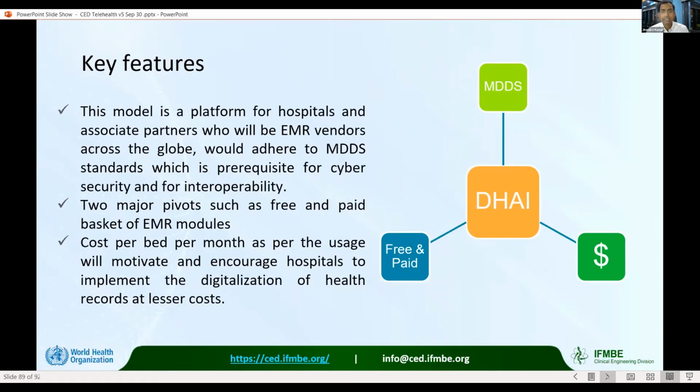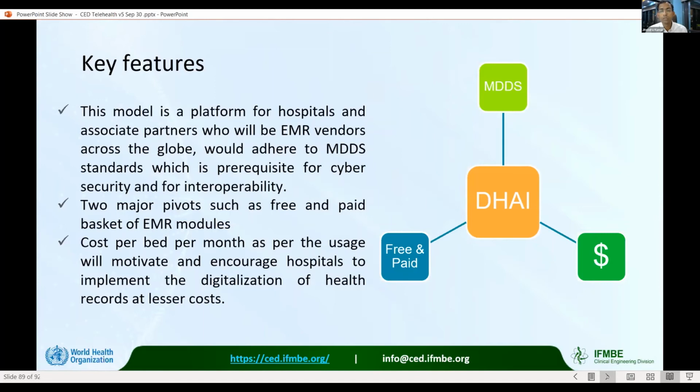What this could potentially do is, a large number of providers could come on a common gateway, and a large number of hospitals could select a provider for a certain period of time, each provider agreeing, more like an airline alliance, to provide a common set of features that are free. It could be as little as patient registration, but even that is important. In fact, the most important step in a telehealth pathway.